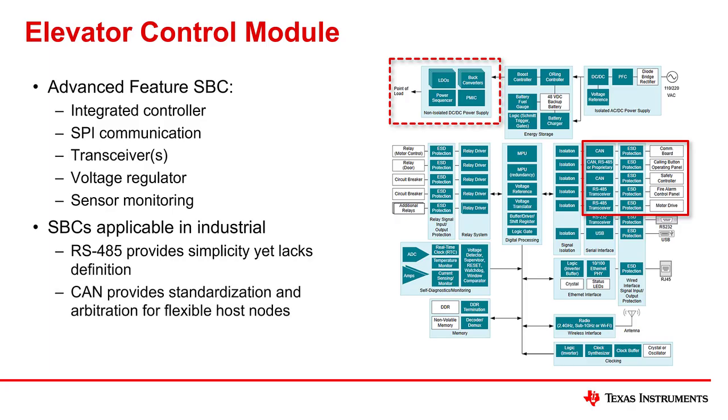This isn't an issue for CAN in industrial applications because the standard defines arbitration and collision mitigation that gives designers a well-defined set of rules to follow, making the entire design process smoother. The TCAN4550, TI's flagship advanced SBC, fits into this application by acting as the SPI communication transceiver and CAN controller for every elevator panel, as well as monitoring for safety critical sensors along the elevator cart, shaft, and cabling. Since every panel requires communication, power, and a controller, the TCAN4550 greatly simplifies the design by filling the need of all three functions.